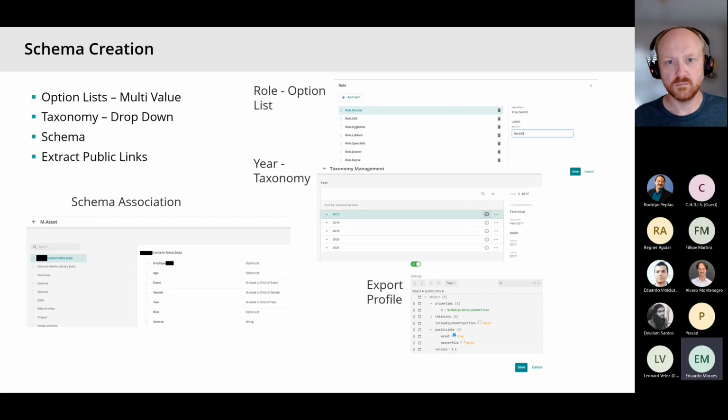Content Hub is more than that. In this presentation, I'm going to talk about m.asset, the model for media assets, but Content Hub can actually be used to create blog posts, news releases, any kind of content you want. In this particular migration scenario, we're talking about digital assets.